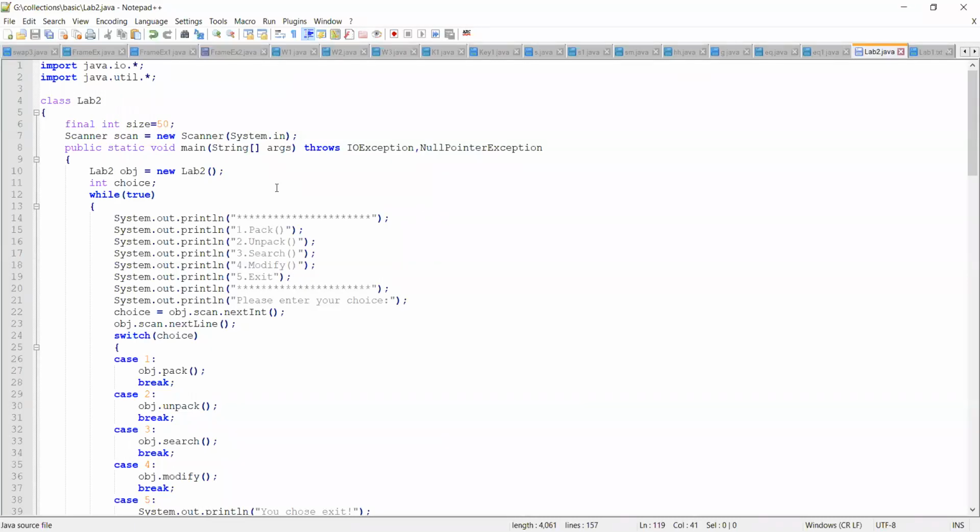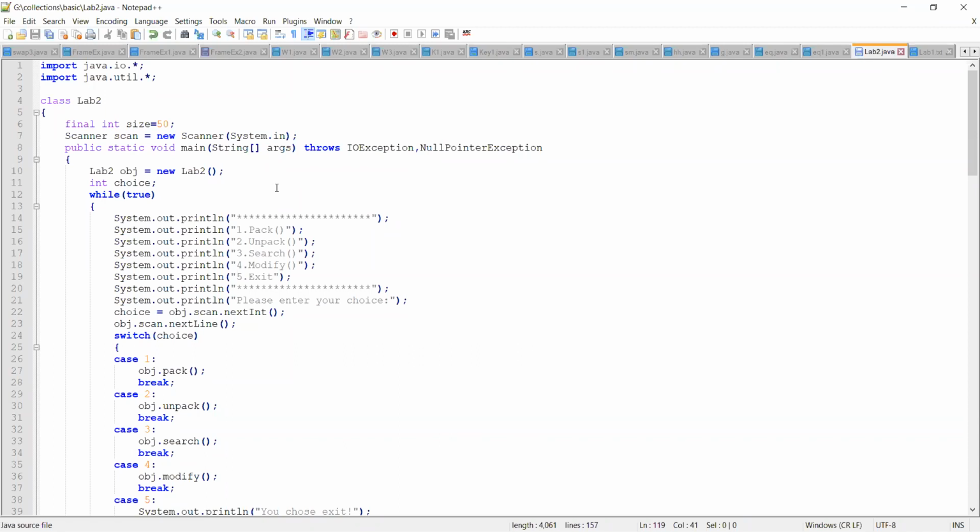Accept the data for one student at a time from the user, pack that data using the appropriate record structure, and third, whatever data you have packed using the appropriate record structure should be written back to the file. These are the 3 operations that we need to perform inside pack. Coming to the second function which has been asked in your program, it is the unpack function.